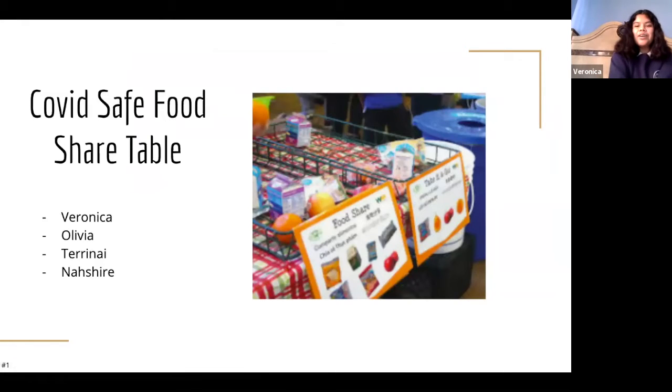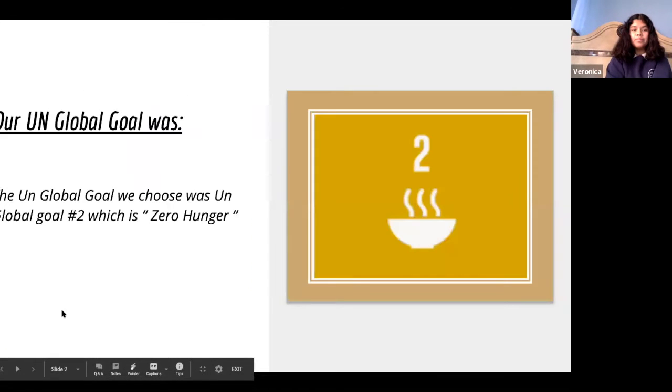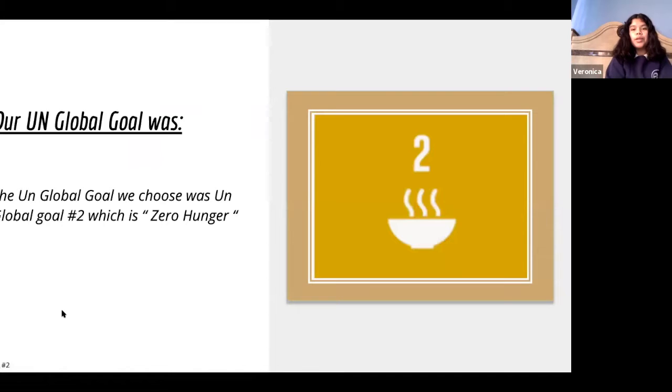Good afternoon. Our names are Veronica, Olivia, Terenay, and Nasir, and the project we've created and will be sharing with you today is our COVID Safe Food Share Table. As you all know, we've been learning about UN Global Goals these past few months in design thinking, and the goal we ended up choosing was goal number 2, which